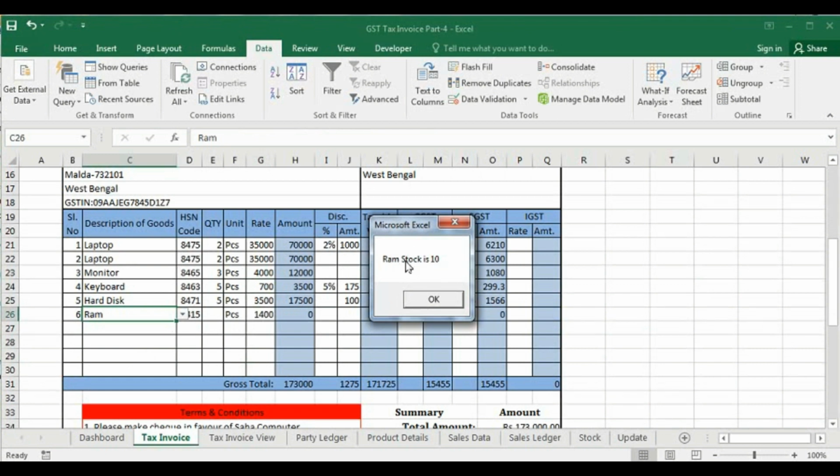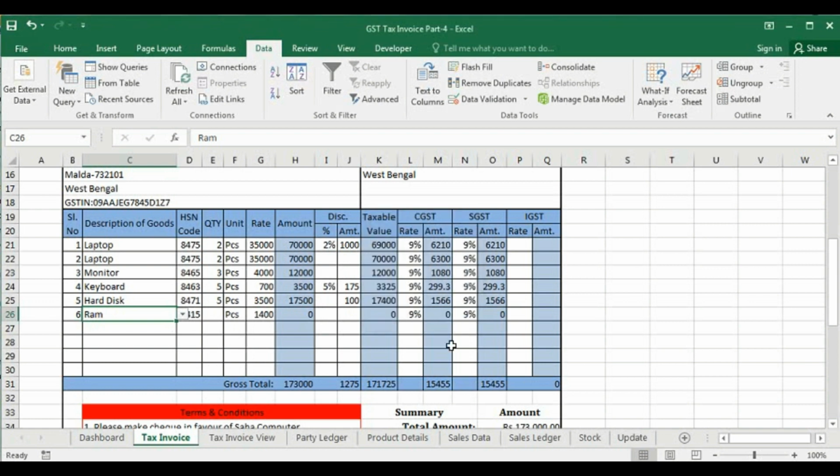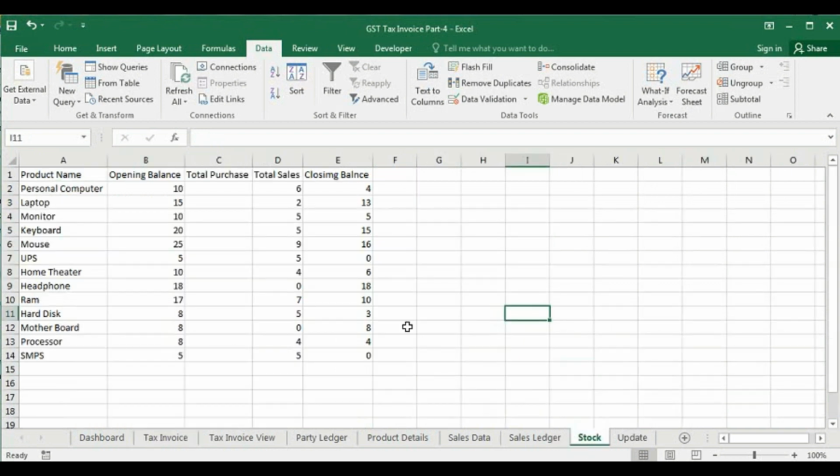In this way, you will get a pop-up message whenever you select an item. You will get the closing stock of that item, and this value will come from this stock sheet.